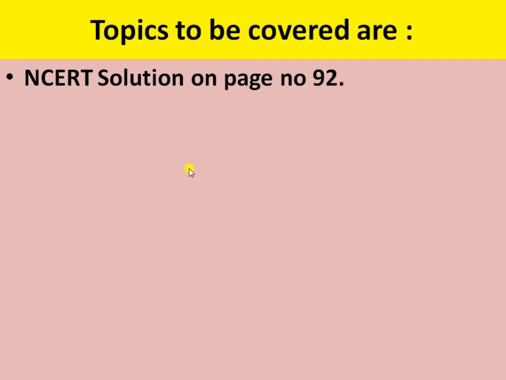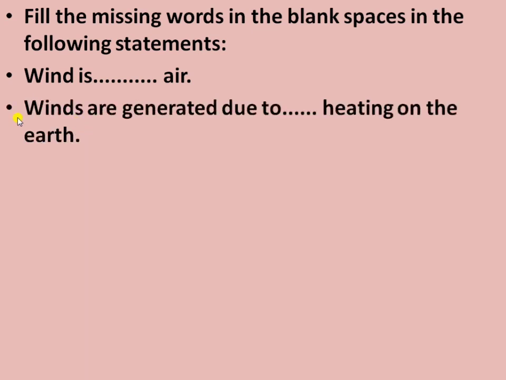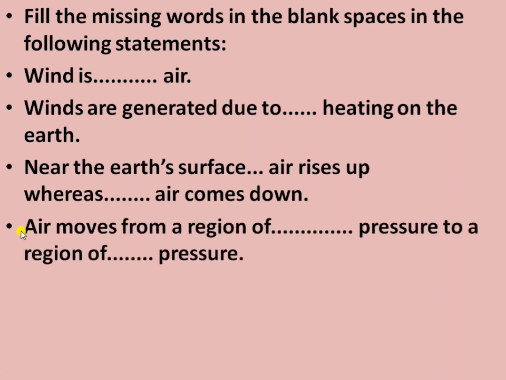The first question is fill in the blanks. Fill the missing words in the blank space in the following statements. First, wind is blank air. Second, winds are generated due to blank heating on the earth. Third, near the earth's surface blank air rises up, whereas blank air comes down. Fourth, air moves from a region of a particular pressure to a region of